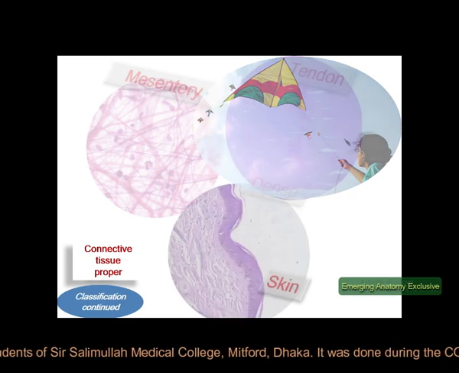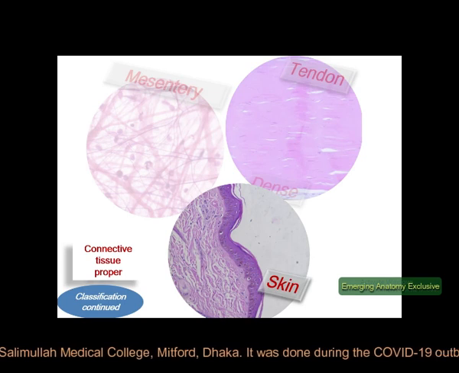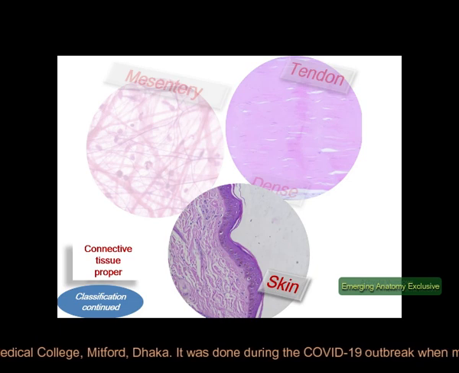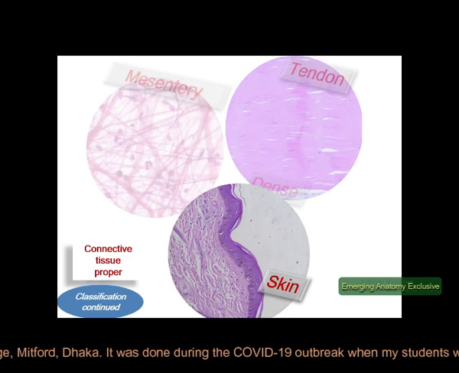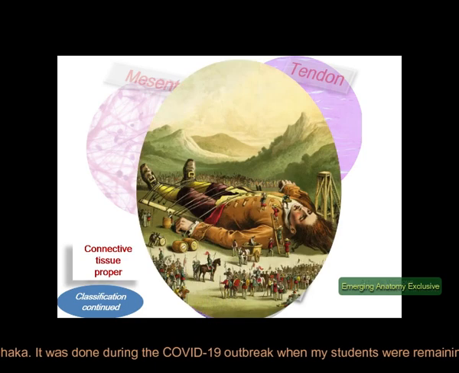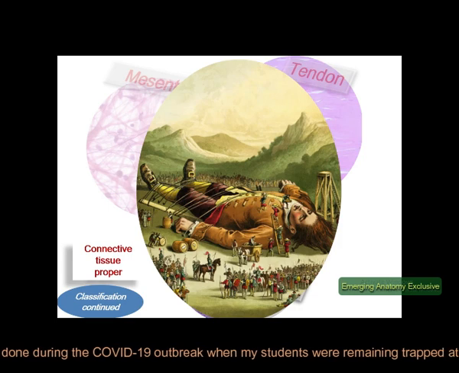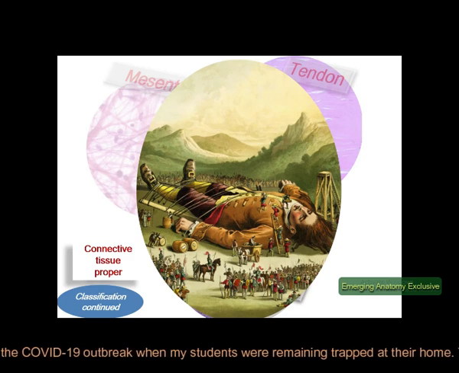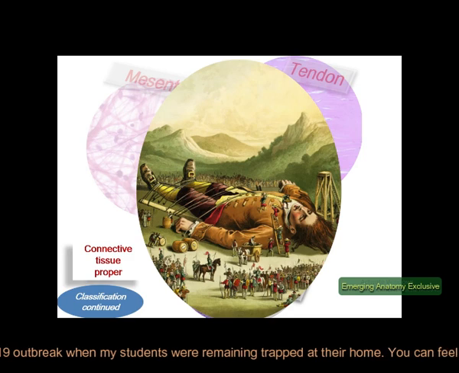Same in the case of skin. Skin has to deal with so many tensile stresses from different sides of the external environment. So here the connective tissue fibers are dense but arranged in different directions and seem irregular in outline. Just imagine the dermis of Gulliver when he was trapped on the island of Lilliput. So many tensile stresses from different sides are acting over his body. Yes, the dermis has to deal with such stresses from different directions.